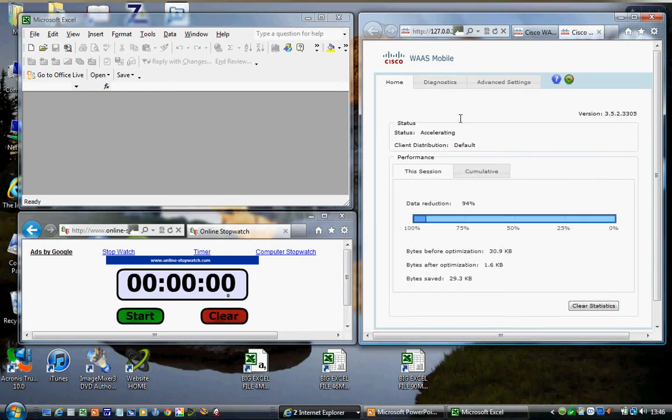WAAS Mobile is a client. It lives on the PC. It's downloaded from the WAAS server, which lives at the core of the network, and the setup is very simple. You can send the link to the setup through an email, through a file, and it just installs, and once installed it's down here on the bottom of the toolbar. You can see WAAS Mobile is operating. When it's accelerating it's green. Also you've got an